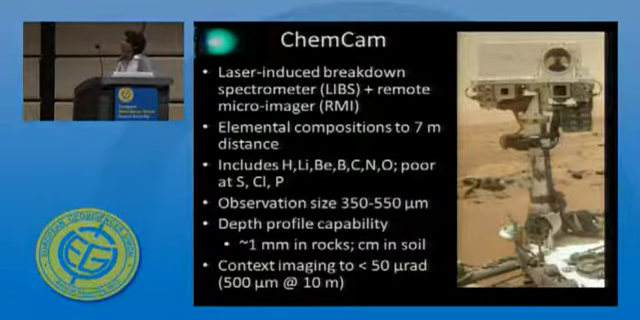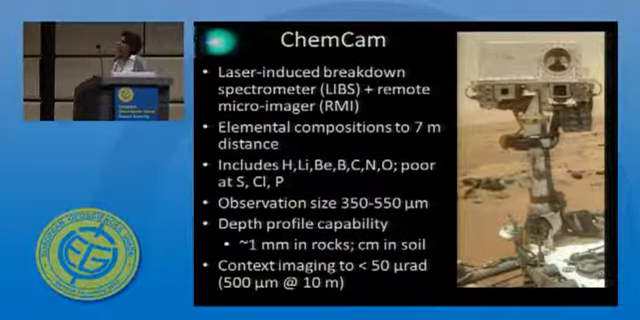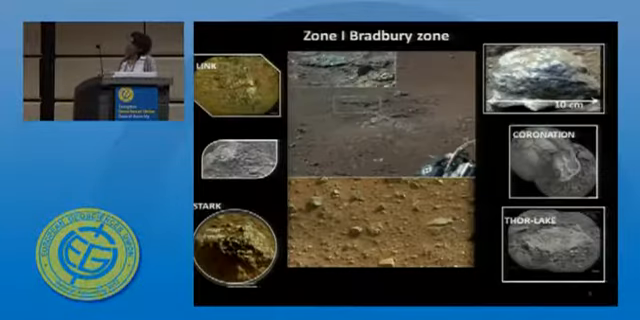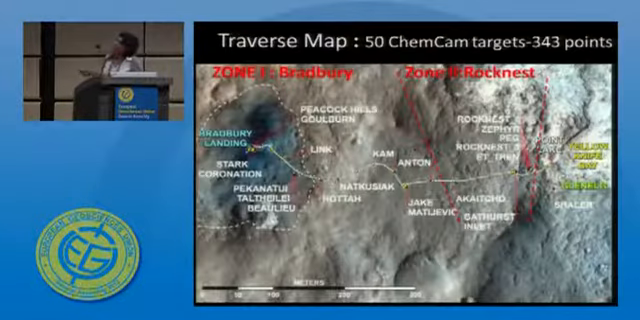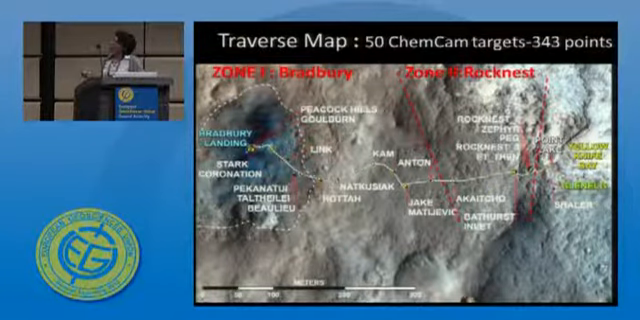And finally, the RMI provides context imaging with a very high resolution. Among the 17 cameras on board, it has really the greatest resolution, 50 microradians. So, starting from the Bradbury landing site, which appears dark here due to the descent thruster, the Curiosity rover moved east